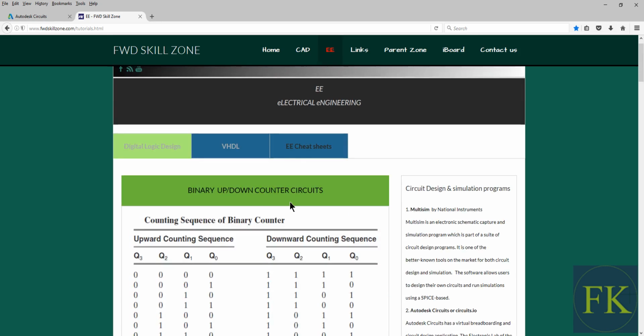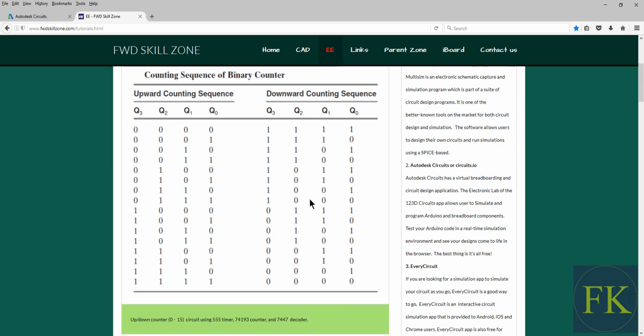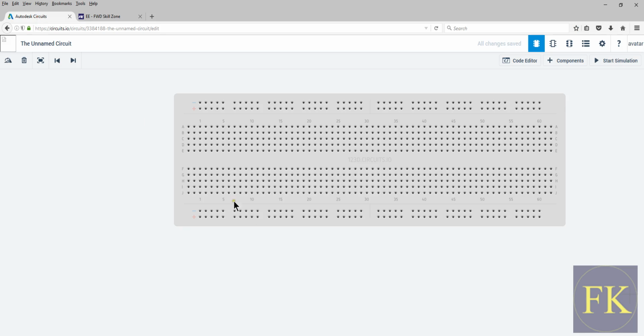Okay, so the intent of this presentation is just to see how we can count in binary from 0 to 15. 0 in 4-bit binary is 0, 0, 0, 0, and then 15 is 1, 1, 1, 1. So this is counting from 0 to 15, and then we're going to modify it to count from 15 down to 0. Okay, so let's go back to the Autodesk Circuits